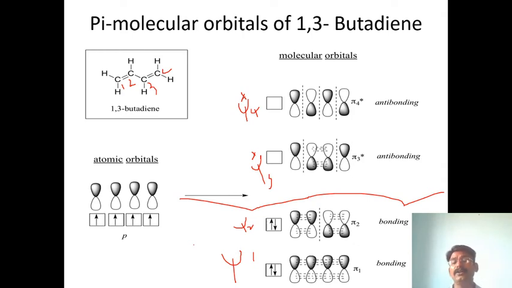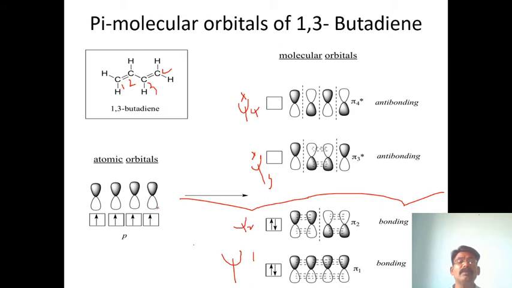Or we can write pi 1, pi 2, pi star 3, pi star 4. So we have to divide like these 4 p orbitals, okay, levels. So in the Psi 1, here see